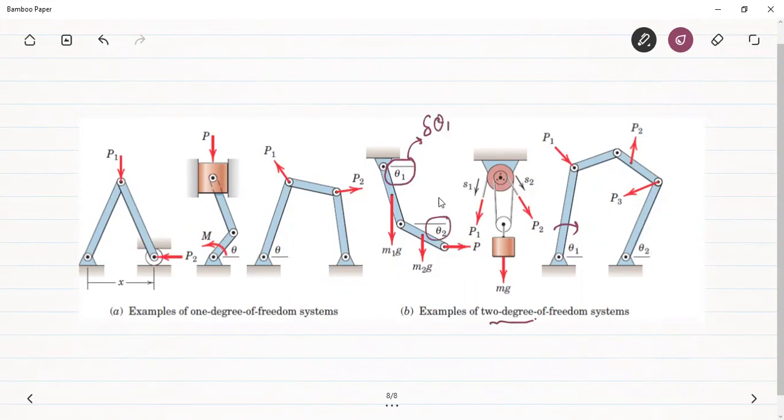So our discussion will be restricted only to single degree of freedom. Again, this delta theta is completely sufficient to explain the configuration of the whole system. By this theta we can find the displacement of this link as well as the motion of this slider. Similarly, in the single degree of freedom case, this theta is sufficient to explain the motion of